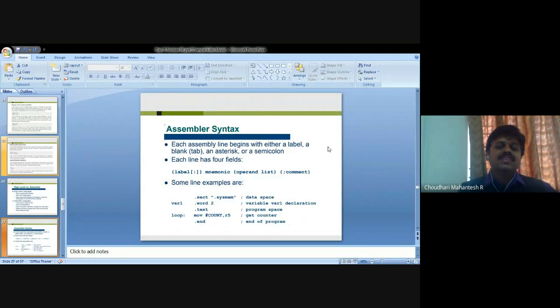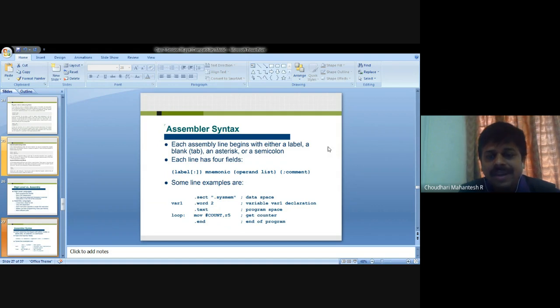Assembly syntax wise, each assembly line begins with either a label, a blank or tab, an asterisk, or a semicolon. Each line has four fields: label, mnemonic, operand list, and comment, as you are seeing in this slide.